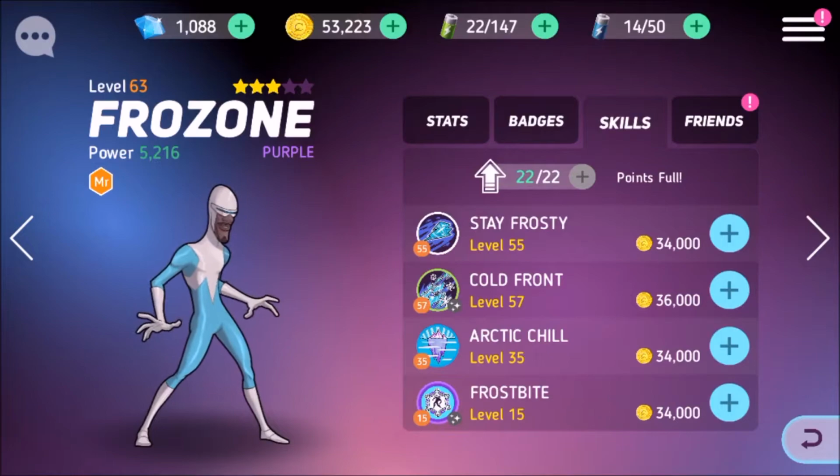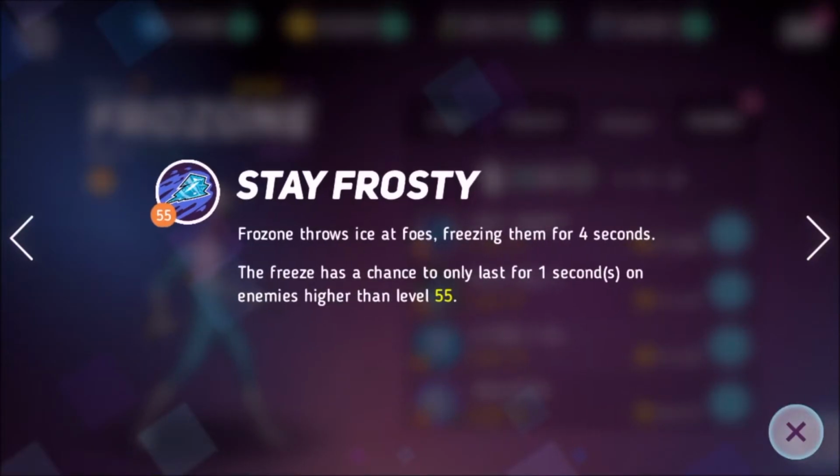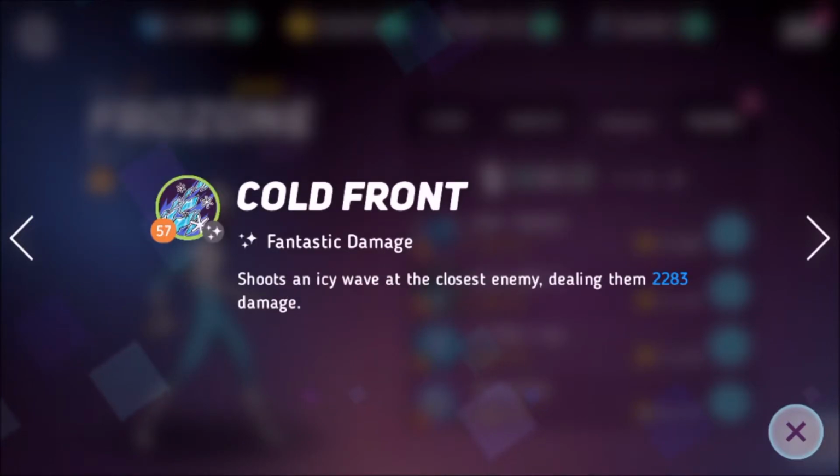All right, next up, we have Frozone. Frozone's one of the classic guys. He's one of the first you'll probably get. And let's look at his skills. Now, Stay Frosty: Frozone throws ice at foes, freezing them for 4 seconds. So again, just like Wally, he has a chance to freeze a whole bunch of people, but this time it's for 4 seconds. Cold Front, fantastic damage: shoots an icy wave at the closest enemy,